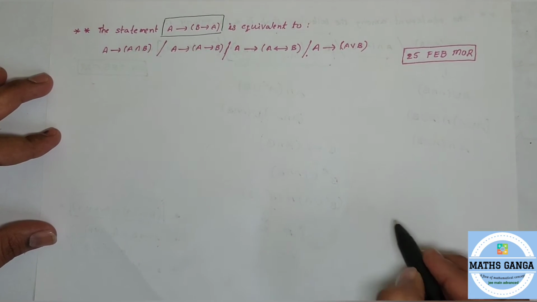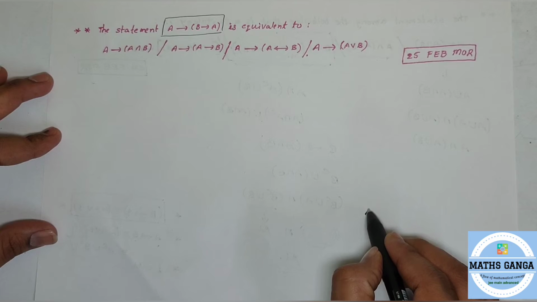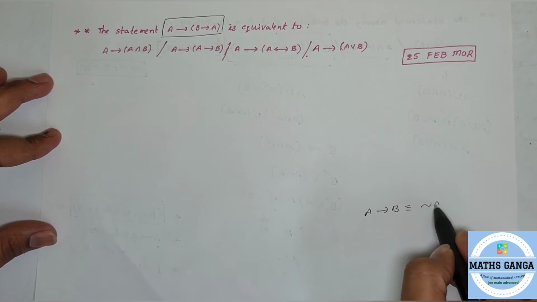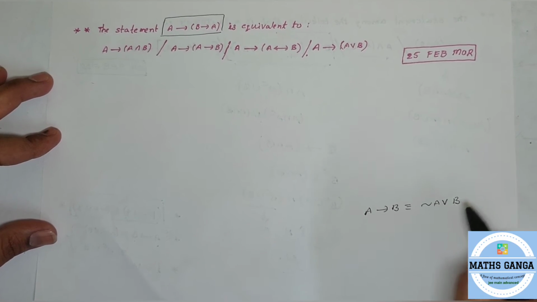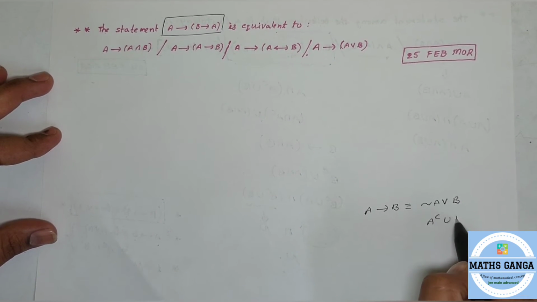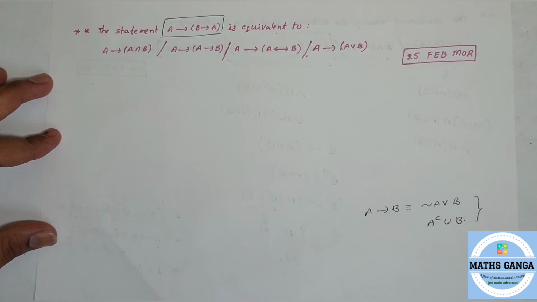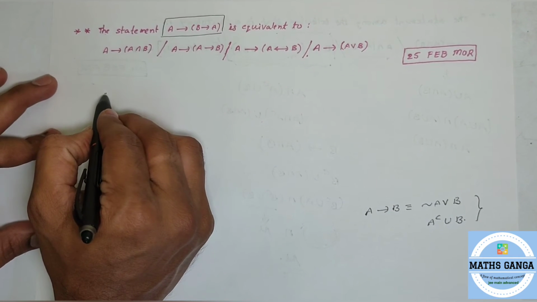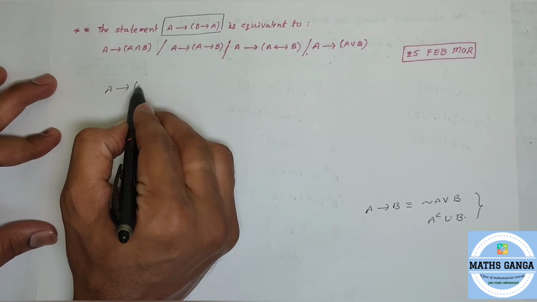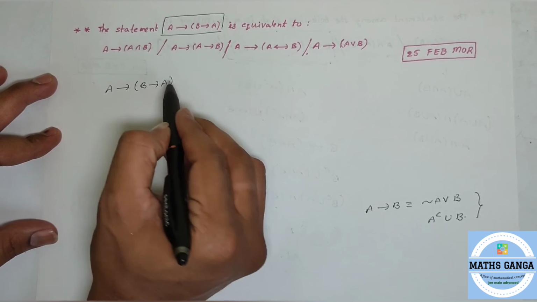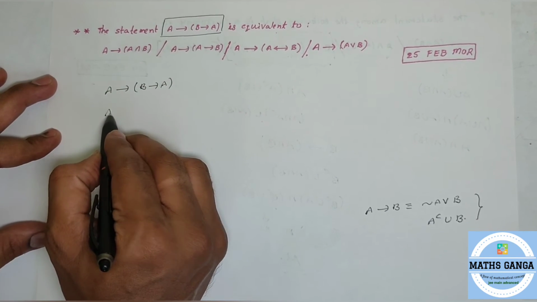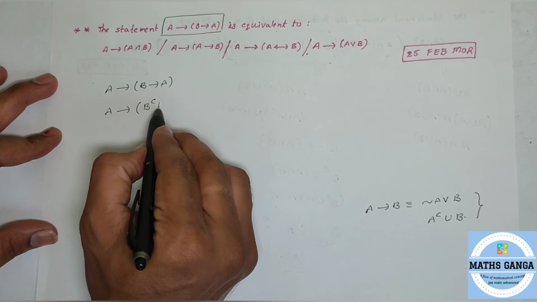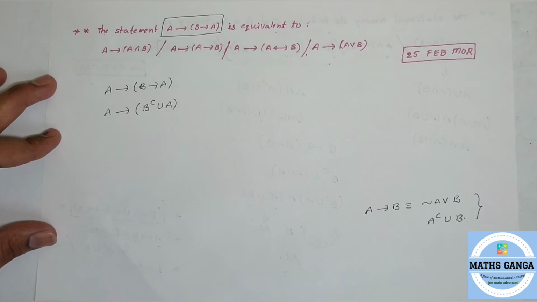So while converting it to sets, we have one particular law. As I said, A implies B is equivalent with negation of A or B, which is nothing but, in terms of sets, A complement union B. This is a very useful thing to solve this type of problems, as I said. And now the given statement. First of all, think about the given statement: A implies of B implies A, and my idea is converting in terms of sets, right? So this B implies A is nothing but B complement union A.